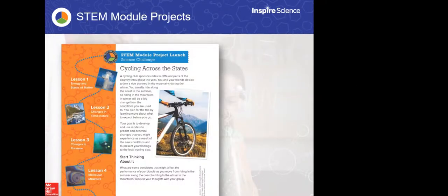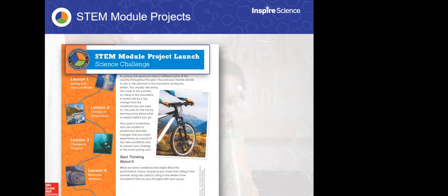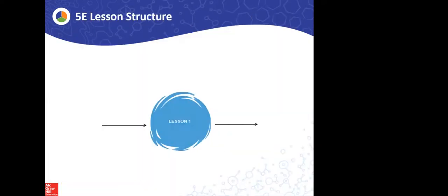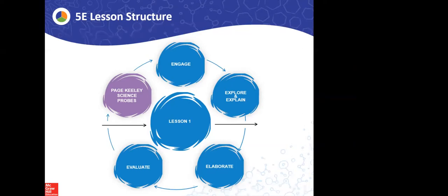From there, in middle school, we have a STEM module project launch. It's an introduction to the STEM module project that awaits them. It's either a science challenge or an engineering challenge. In an engineering challenge, they're designing a solution to a real-world problem. From there, Inspire Science uses the 5E lesson model, and this is true for grades 6 through 8 and 9 through 12. It's a research-based approach, except Inspire Science has added one additional step, and that's Page Keeley and her formative